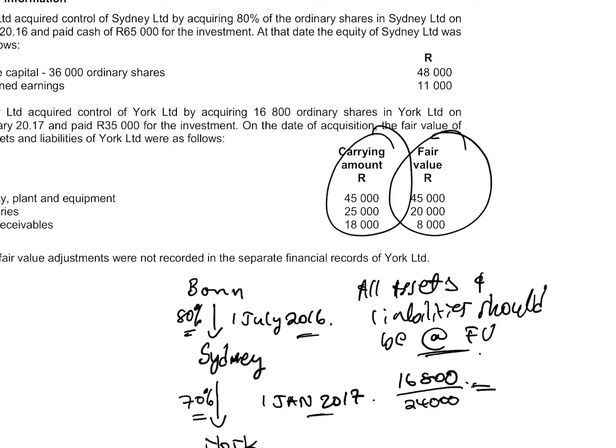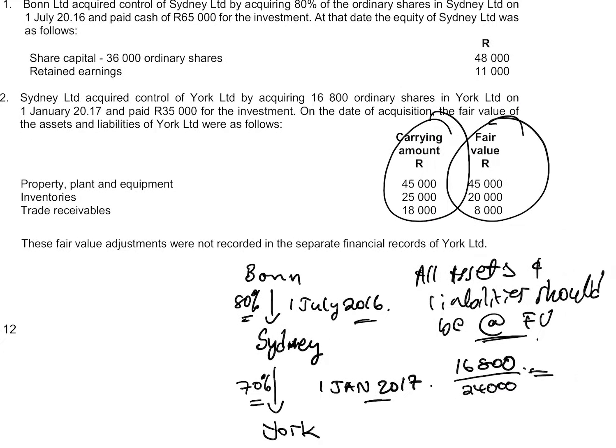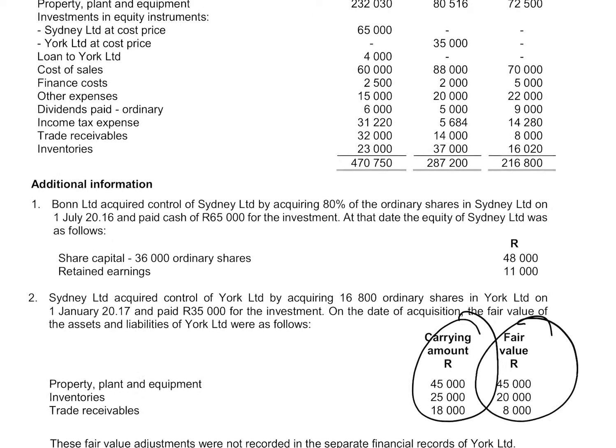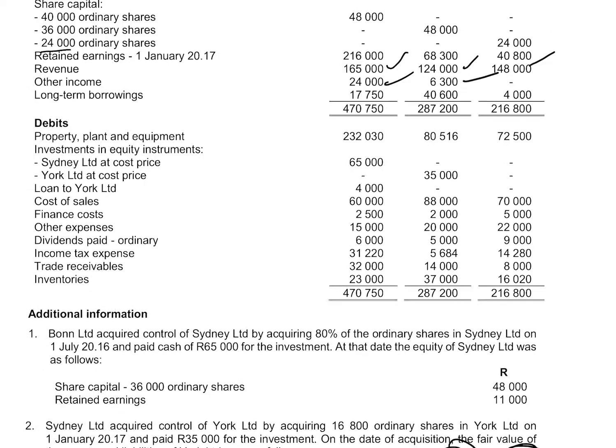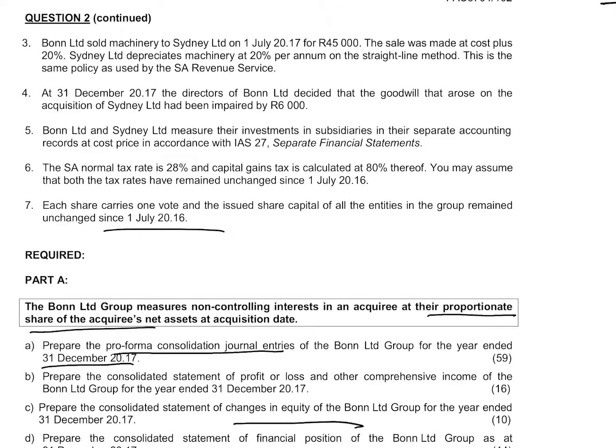Right, so what we do now is we are going to make an adjustment when we are preparing our analysis, or when we are preparing our journal entries. Right, so there is nothing on number 2. Let's go to number 3. When you look at number 3, Bond Limited